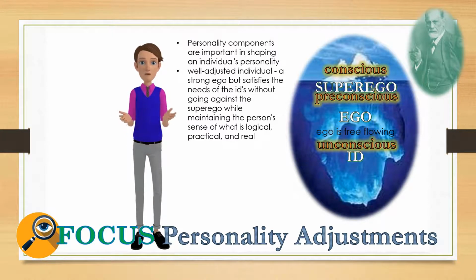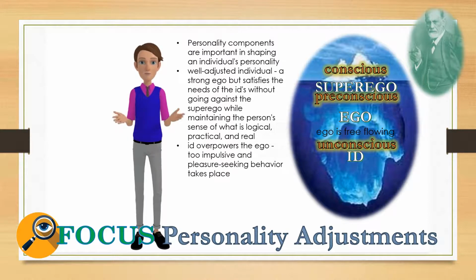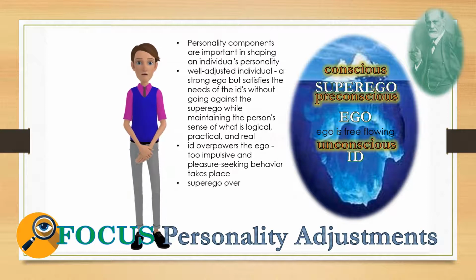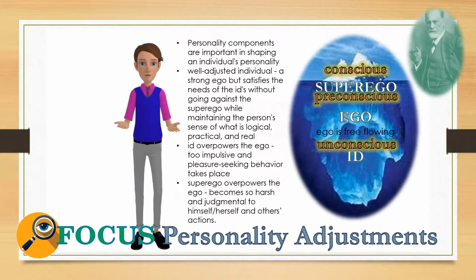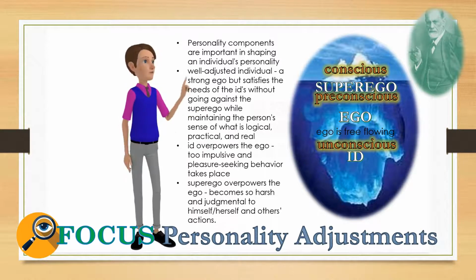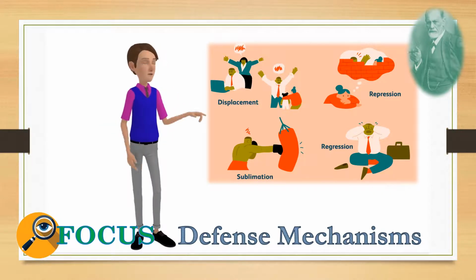In cases when the id overpowers the ego, the person becomes too impulsive and pleasure-seeking behavior takes place. On the other hand, when the superego overpowers the ego, the person becomes so harsh and judgmental to himself or herself and others' actions. Based on psychoanalytic therapy, the body has its natural way to protect itself from negative psychological